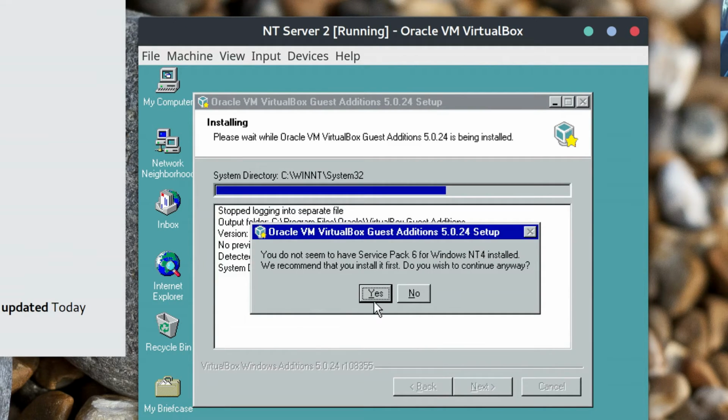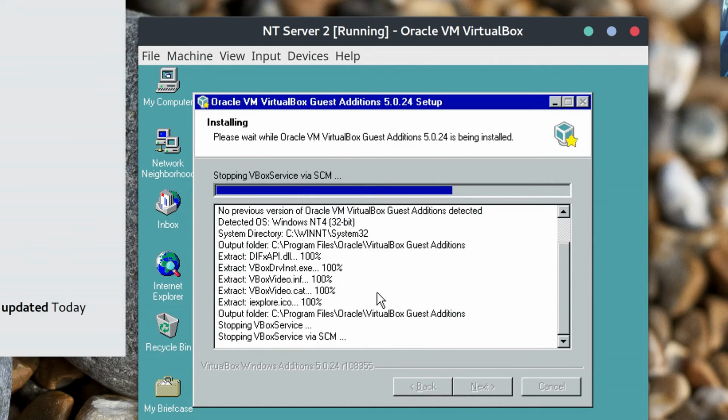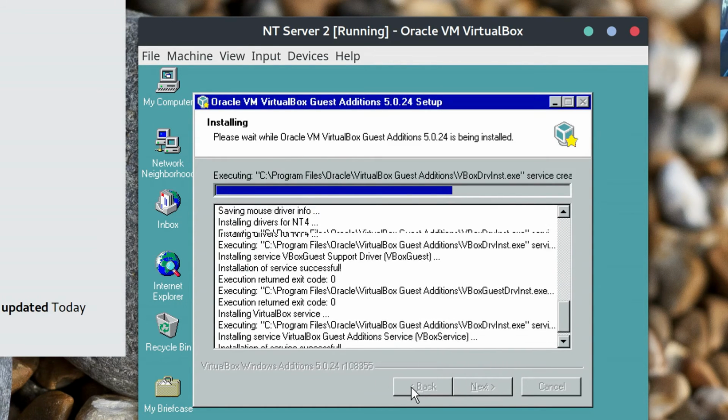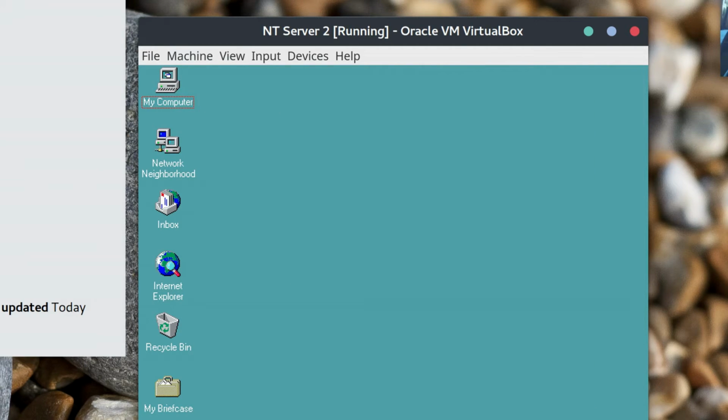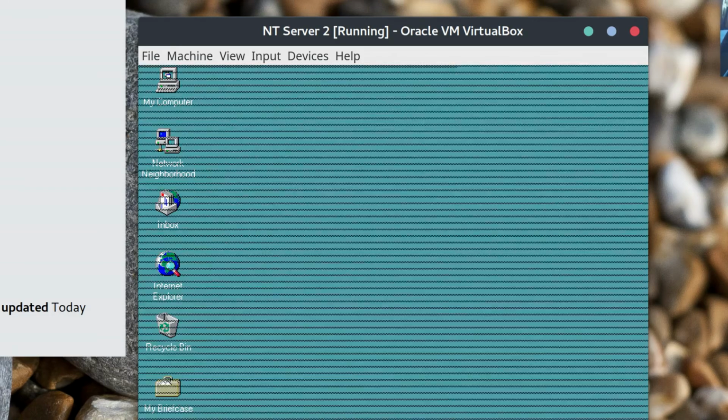So it says you don't have Service Pack 6 installed. You sure want to do this? Yeah, I'll do it. And I'll manually reboot later. I'm going to do finish on this one and do start and shut down. I'm going to bring up